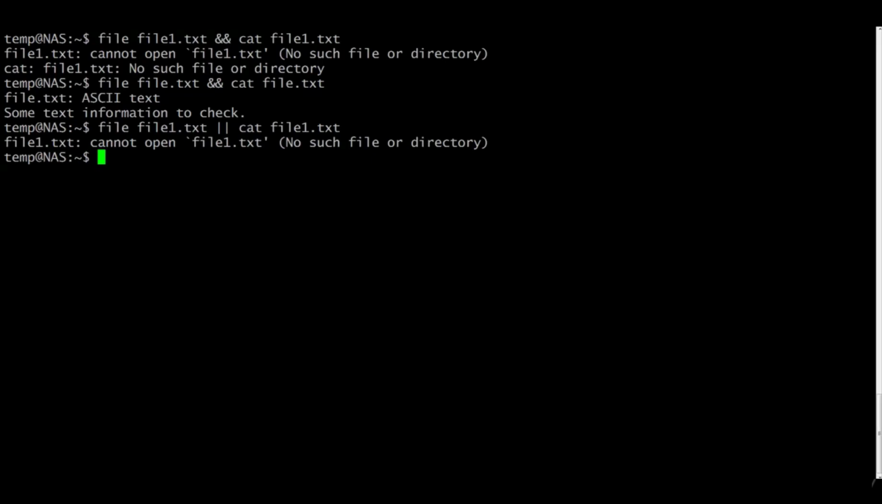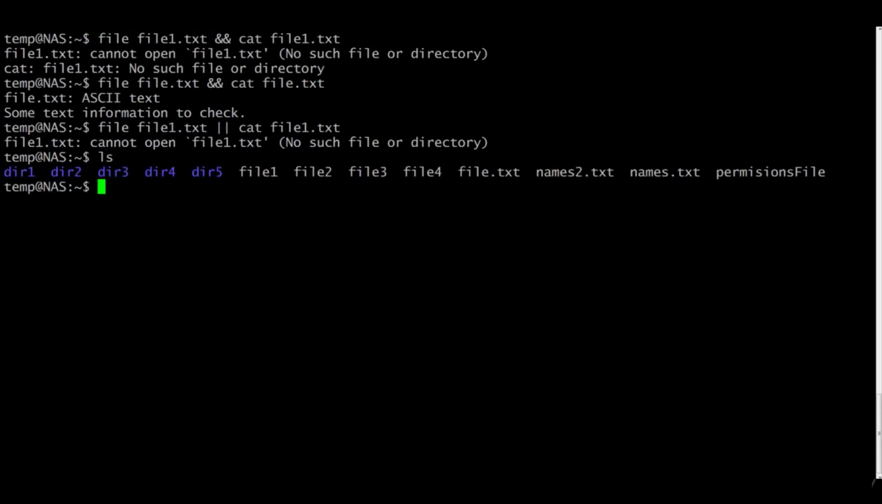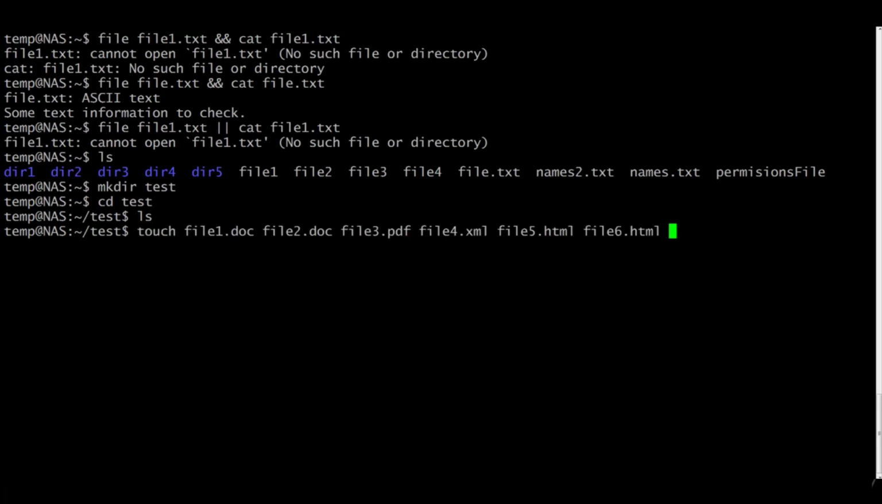Not operator. It is typed with an exclamation mark. The not operator is much like an except statement. This command will execute all except the condition provided. To understand this, let's create a directory test and cd to it. Now let's create several files in this directory with the touch command. Let's type touch